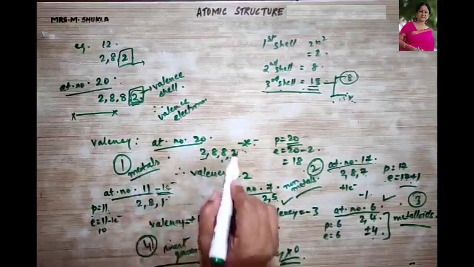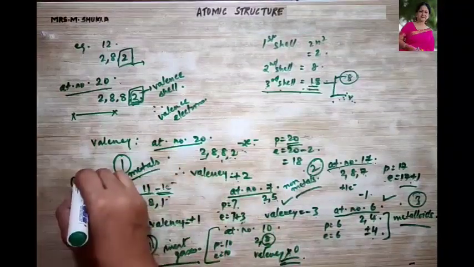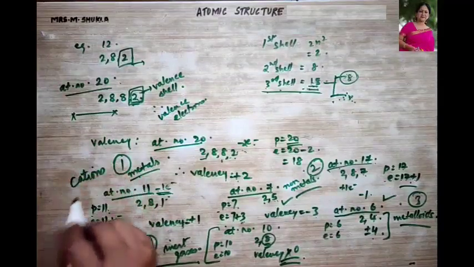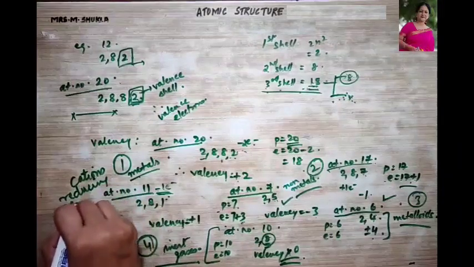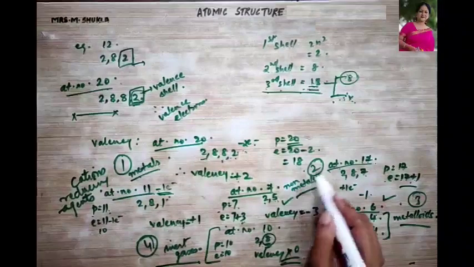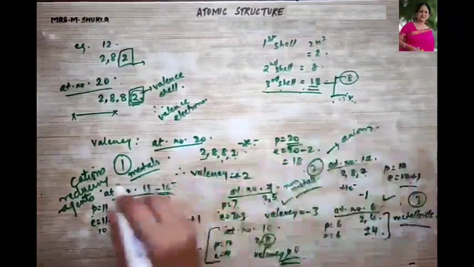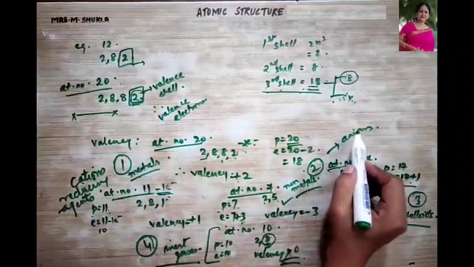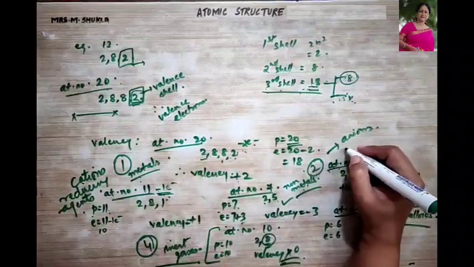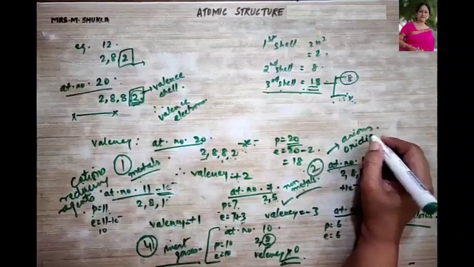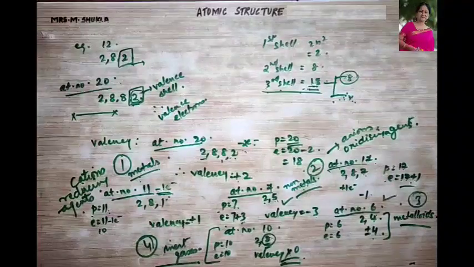Now metals which lose electrons, therefore they form a positive charge over them, they are also called cations, and they are good reducing agents. Clear? Whereas non-metals which accept electrons form anions. So metals form cations, and non-metals form anions. Metals are good reducing agents, and non-metals are good oxidizing agents. Is this point very clear?